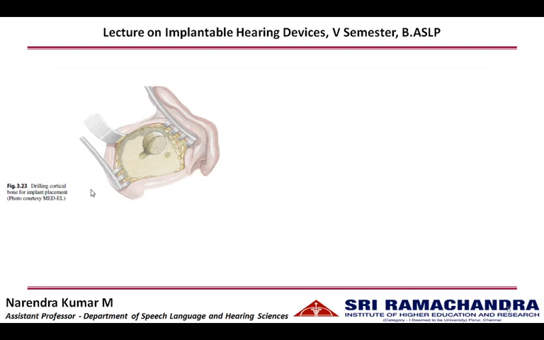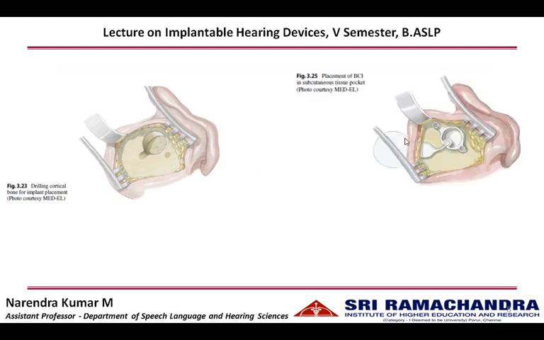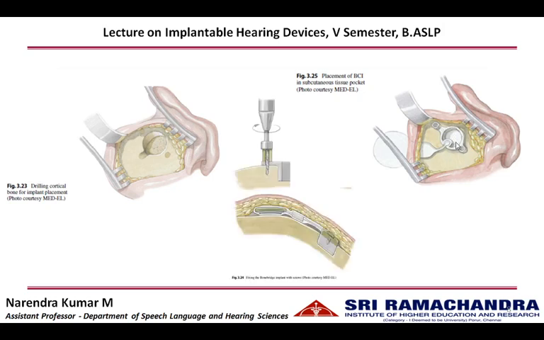A retraction pocket is made to house the receiver stimulator. So after these things are done, the receiver stimulator is placed in its position. The bone conduction vibrator is placed in the cortical bone bed. Screws are used to tighten the bone vibrator, and this helps in keeping the transducer in position. Once this is done, the soft tissues are sutured together, then the skin is sutured together. The whole implant lies below the skin. This is a transcutaneous implant.